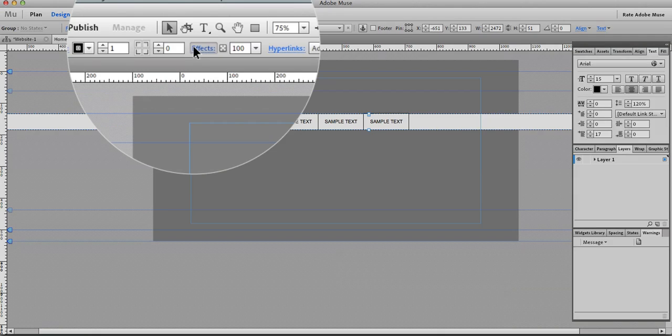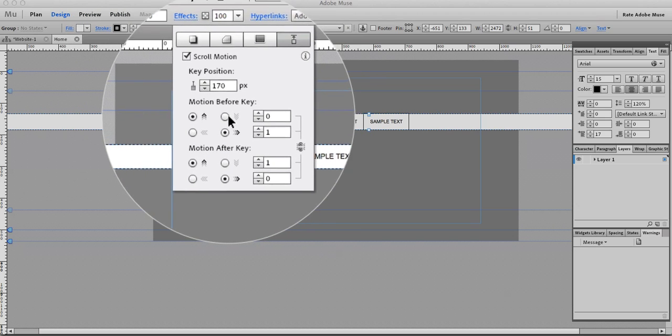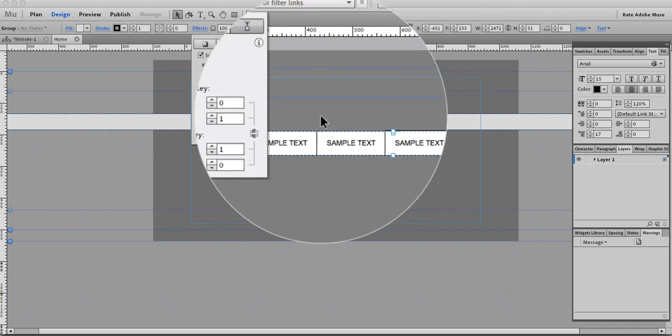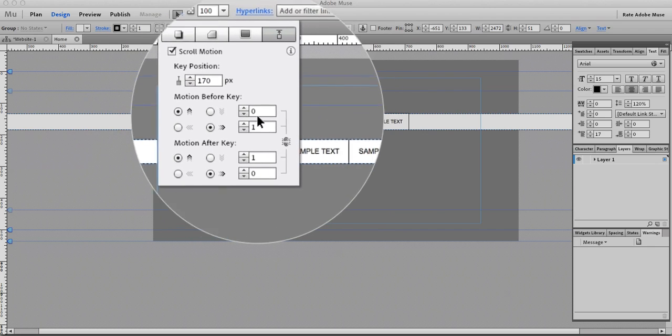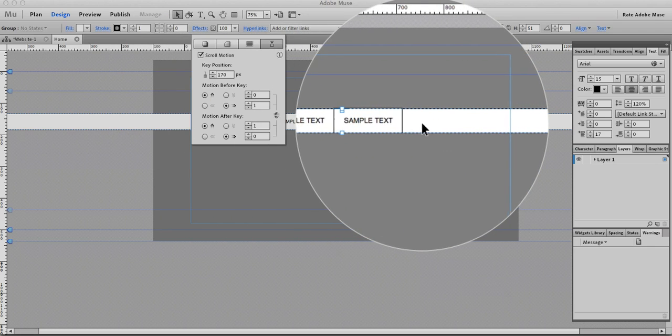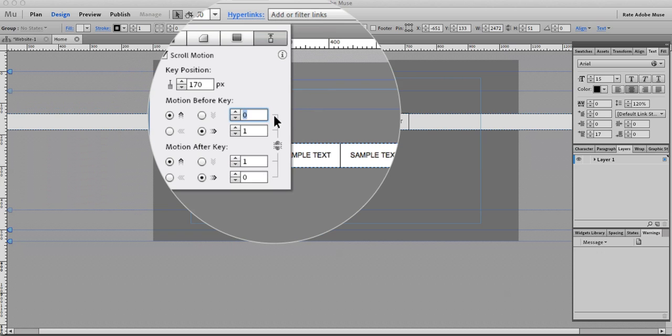So let's go to effect and tell Muse what to do with this. So we want to have the menu move up with the normal speed, which is 1,